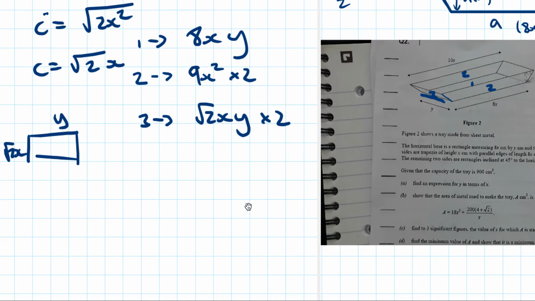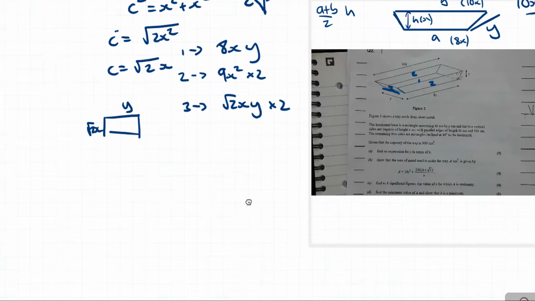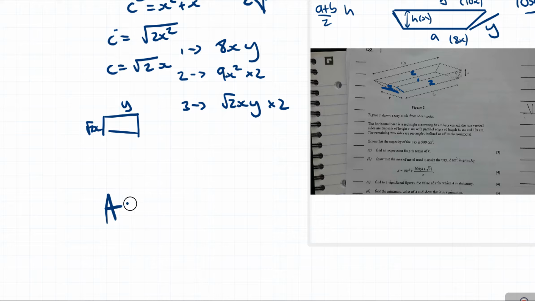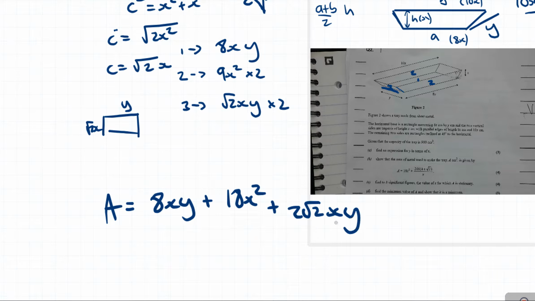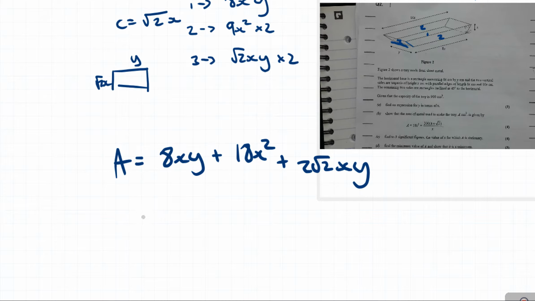So we know that this is going to be the surface area, so therefore we can say that the area is going to equal 8xy plus 18x squared plus 2 root 2 xy. And we can put this together to make it a little bit more straightforward. So this is just going to be 18x squared plus 8